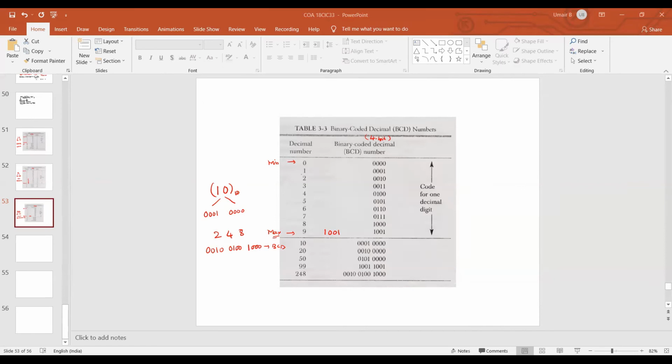What if we have special characters, small letters, capital letters, and digits? All other characters also need to be coded. Such coding we call American Standard Code for Information Interchange.